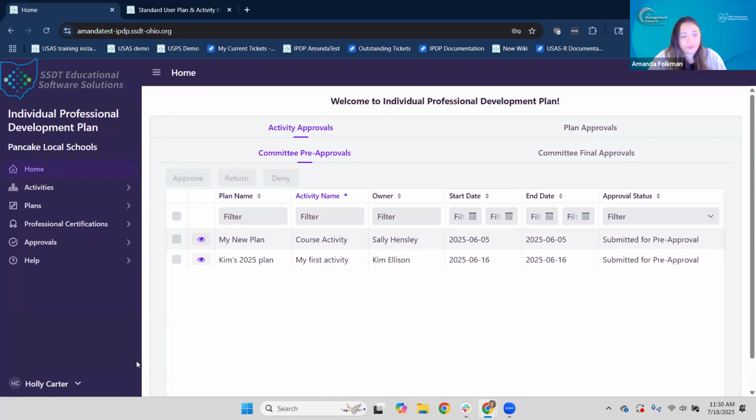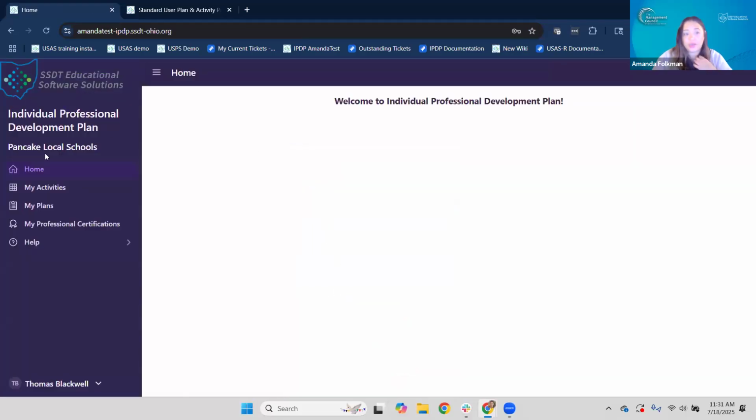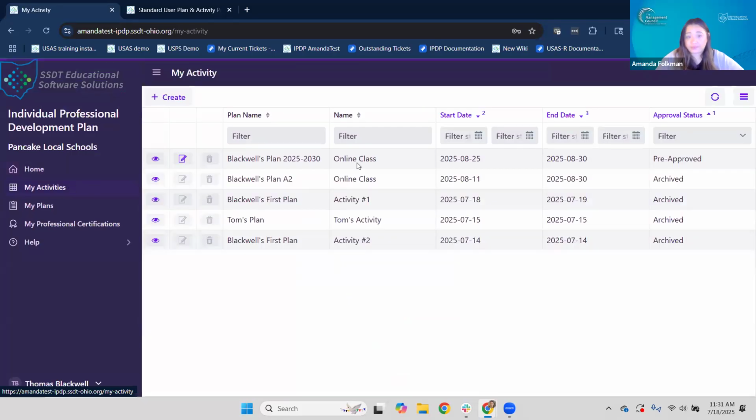Okay, I know we're hopping around a bit here, but we're making progress with this activity. So we're right back to Blackwell, our main employee who is going through this process of their plan. And so now what I'm going to do is look at my activities. And you know what? Maybe I want to just look at